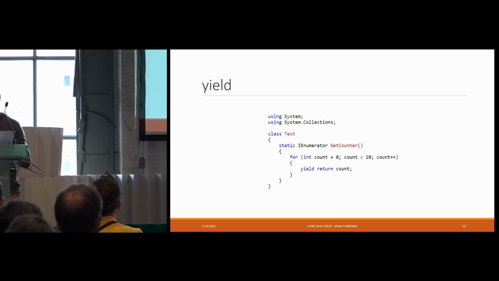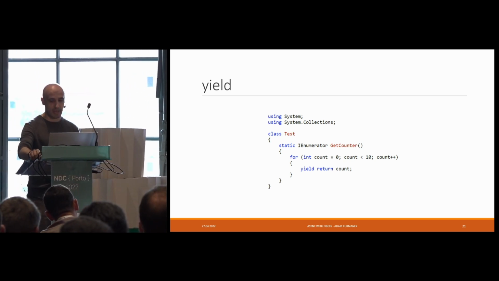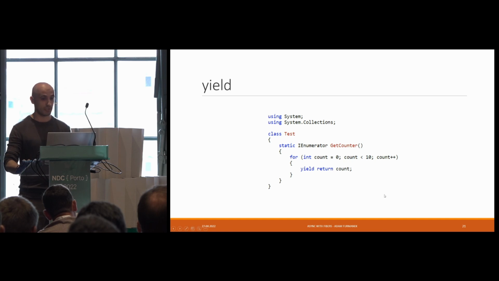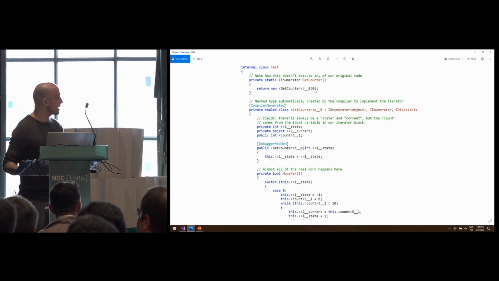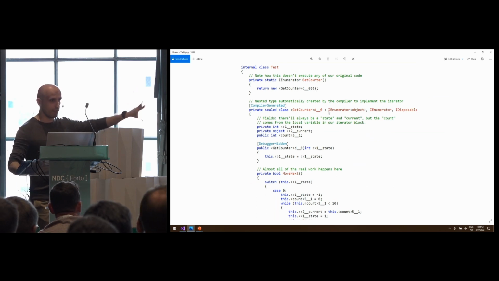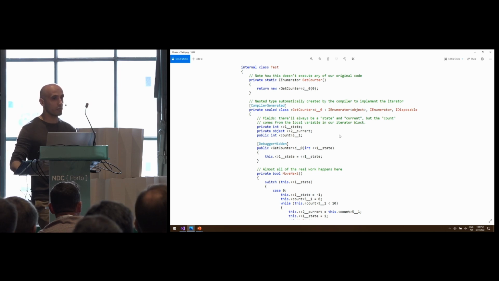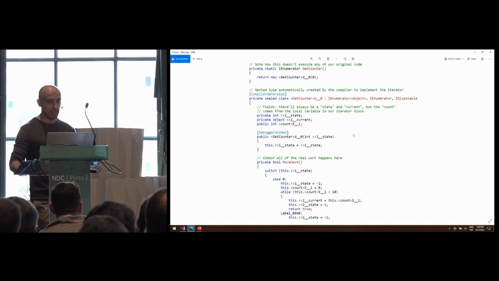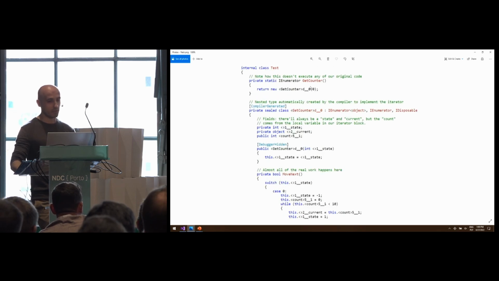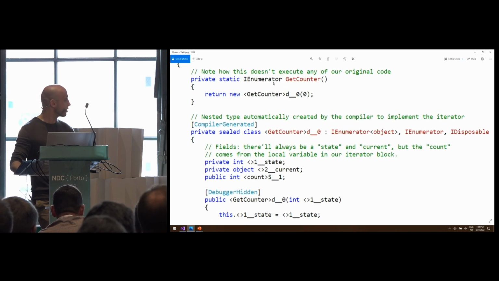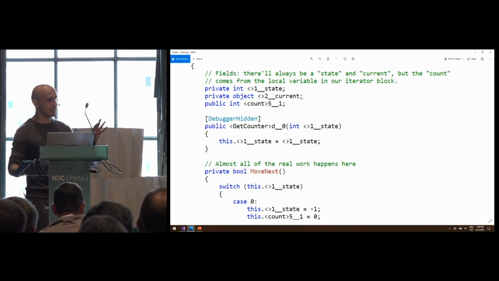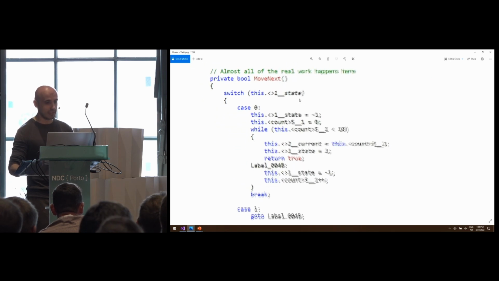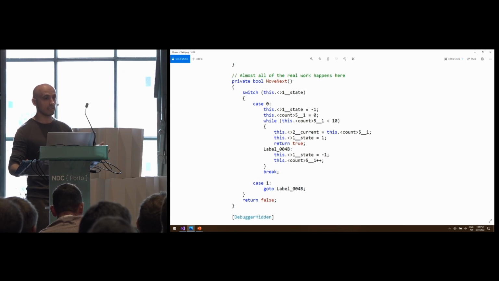Now the question is, how is that implemented under the hood? A couple of slides back, I told you that the compiler uses coroutine transformation. And this is exactly the place where the coroutine transformation happens. So when we have a method like the one from the slide we've seen, which is just a for loop returning values, this is what the compiler creates for you under the hood. It creates the class which has a method getCounter returning you IEnumerator, and what it does next is it creates a very nasty class generated by the compiler, which holds things like state, current value, and all that stuff, and provides a method called moveNext, which does all the heavy lifting.